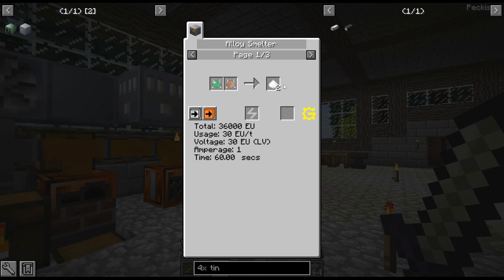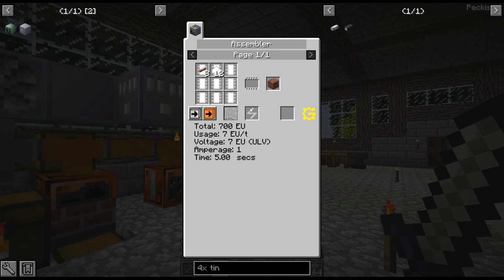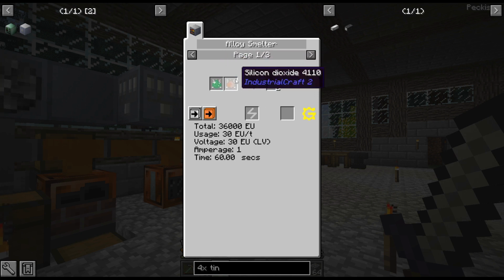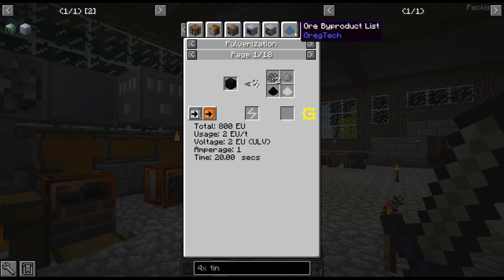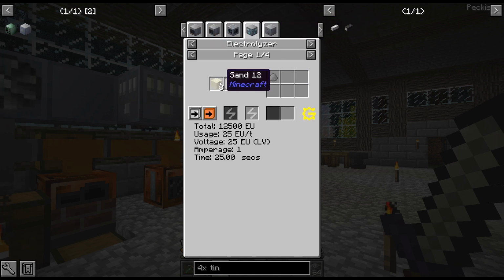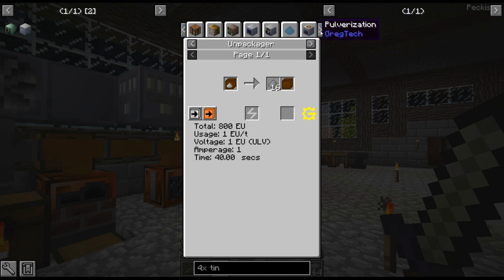Is that the easier way to do it? I think the mica is the easiest way, isn't it? There is an alternative, though. I mean, silicon dioxide is pretty easy to get, although I don't know if I have any right now. Yeah, I actually don't know if I have any silicon dioxide at the moment. Oh, I can get it from sand. Or even glass. I can just centrifuge glass. But glass is a bit more built to...